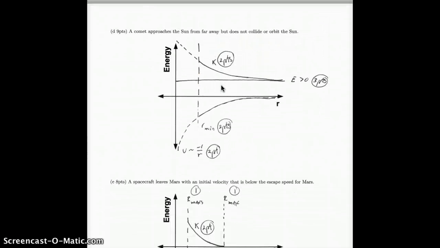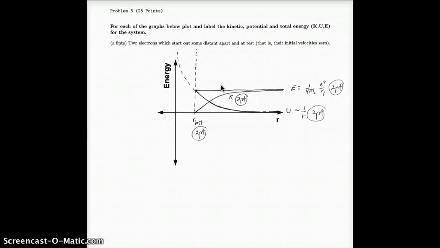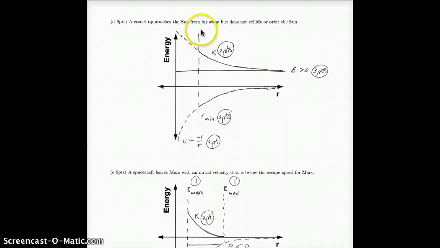So then next for part B right here, it says a comet approaches the sun from far away but does not collide with or orbit the sun. So for this, we know that it's unbound motion,